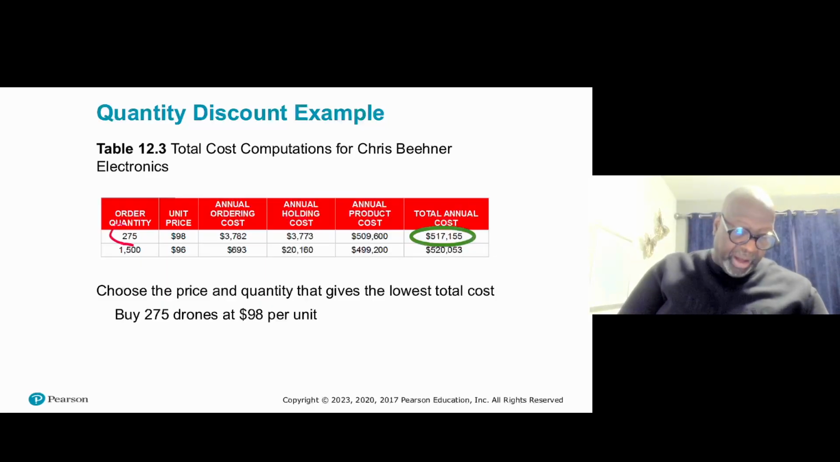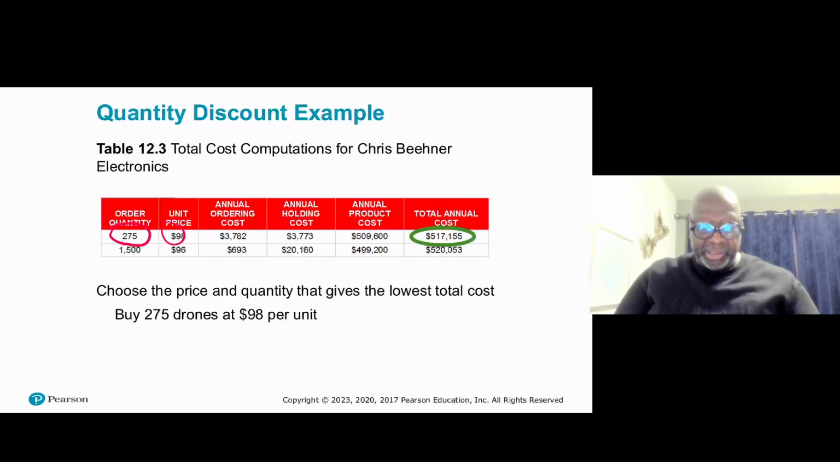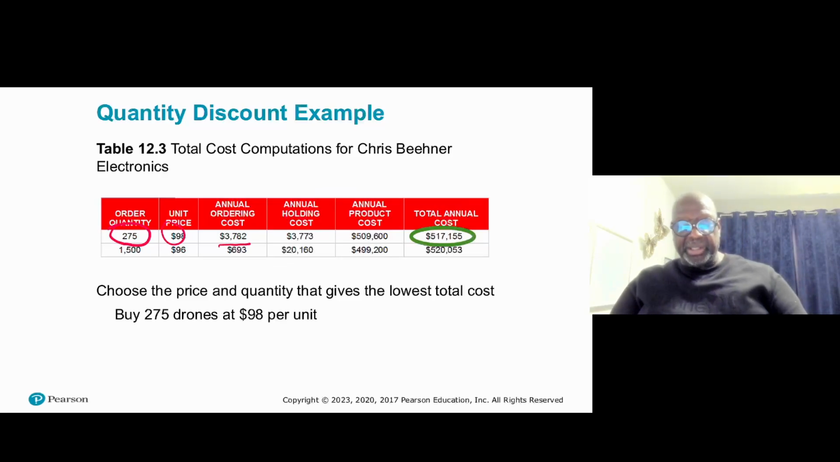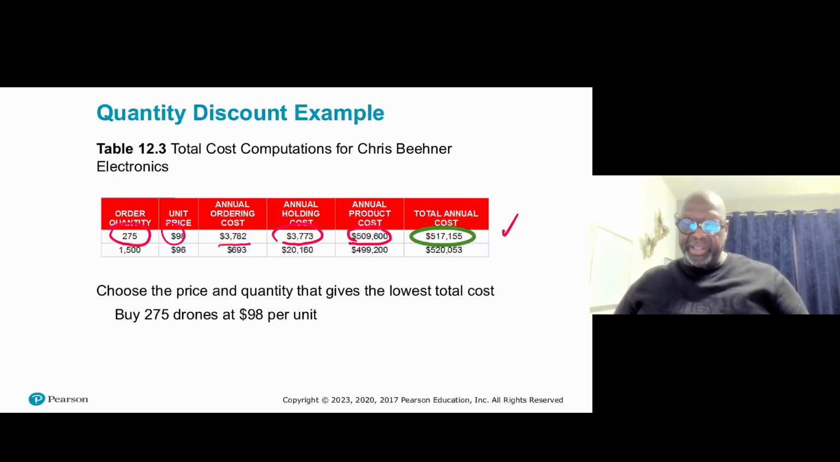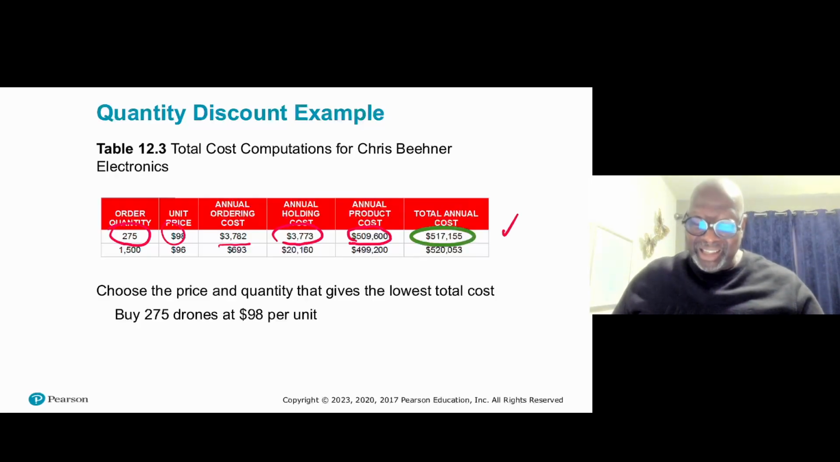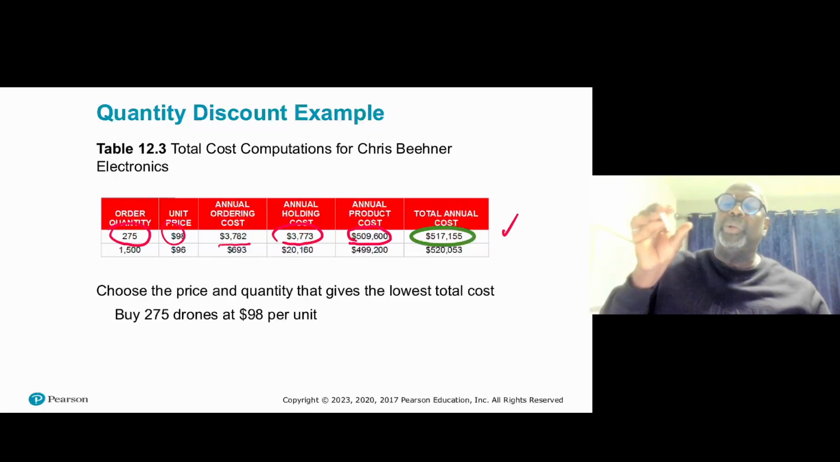So the 275 is our unit price, is our annual ordering costs, because we know the total number we're trying to order, multiplied by the ordering cost divided by the quantity will give us this value. And then we can compute the holding costs and then your product or purchase costs. Add it all up together, 517,155. If we now say, let's see what it would cost us to get the $96 price, where we have